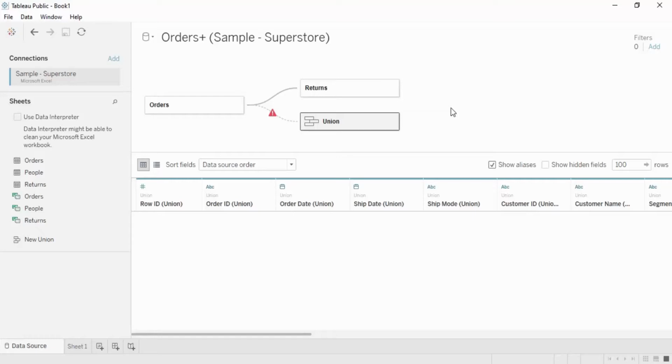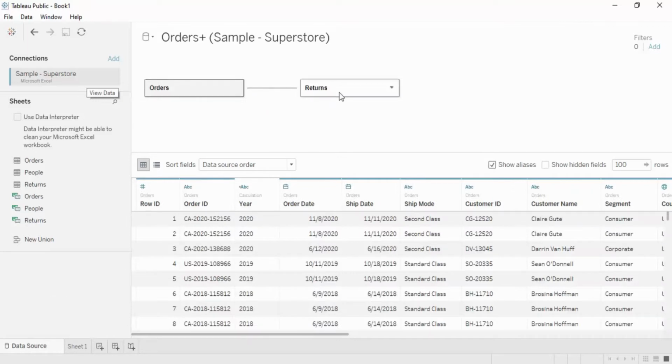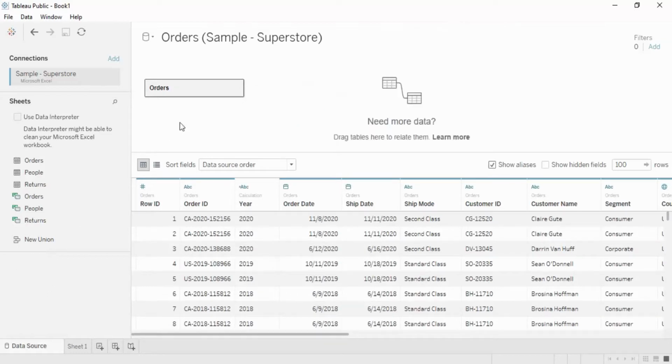In this video, we are going to continue with the process of union creation with the tables in Tableau. This is what we got in the previous video, but this was a little bit messy. So what I'm going to do is drop this union over here. This is the way you can remove the tables. You just need to drag them and drop them over here, and they would be deleted.